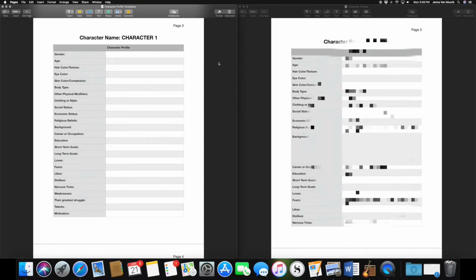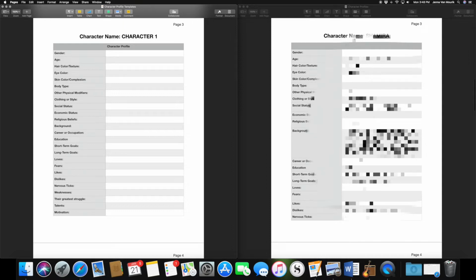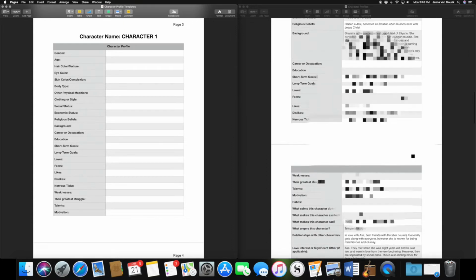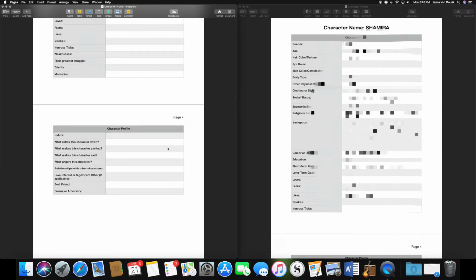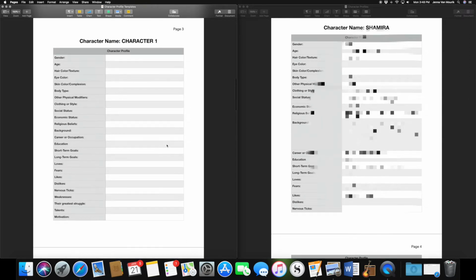So I'll start by inserting their name, obviously, and then I have all of these different categories for you to answer for them, starting with their gender, male or female, age, hair color, eye color, skin color, body type, other physical modifiers, clothing, social status, economic status, religious beliefs, background, where they grew up, kind of thing,